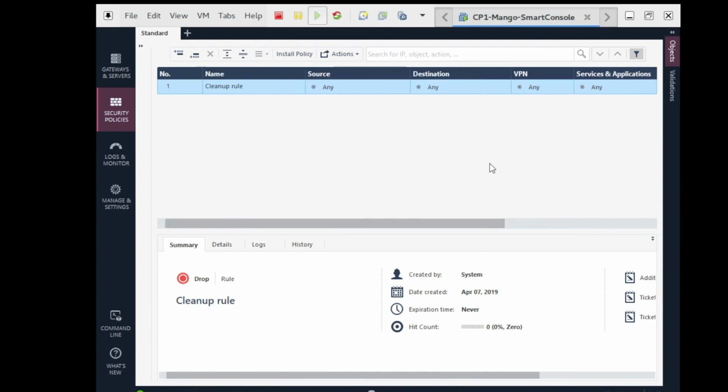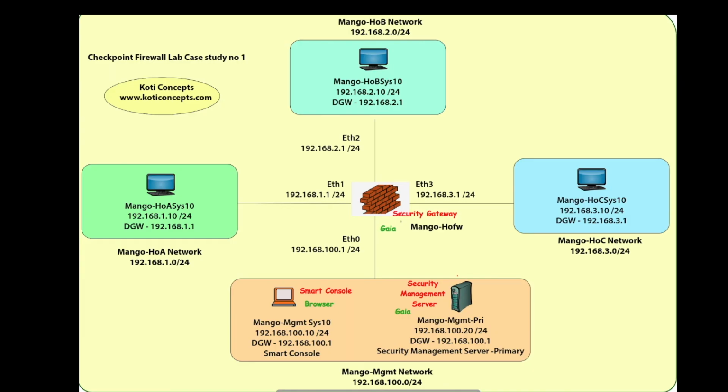So in this lesson, we have seen how to create objects for the security gateway and bring the gateway into the checkpoint deployment. So far, we understood the three-tier architecture of checkpoint.